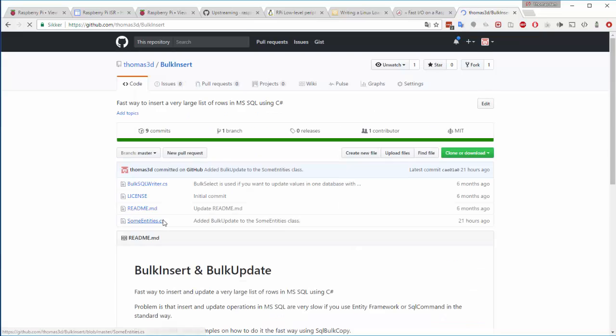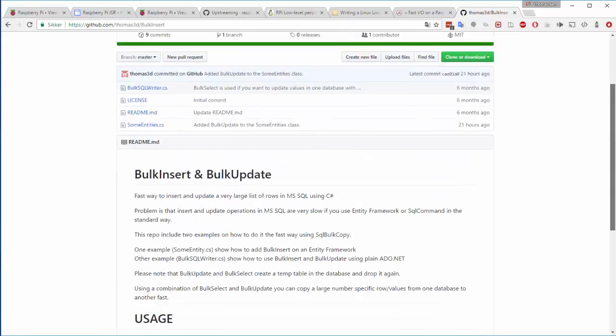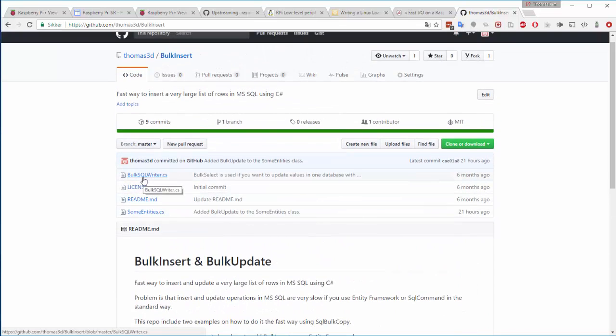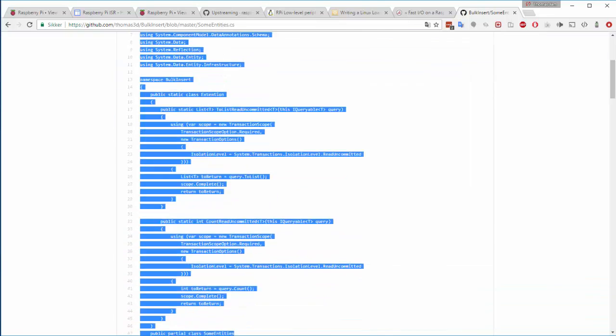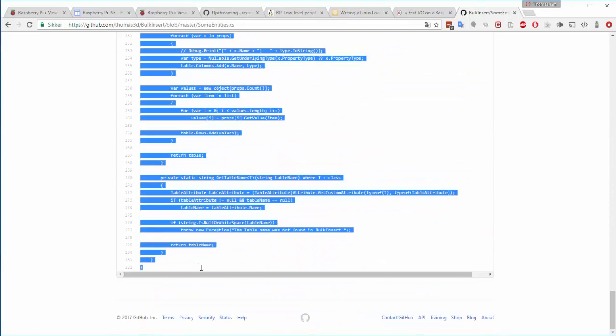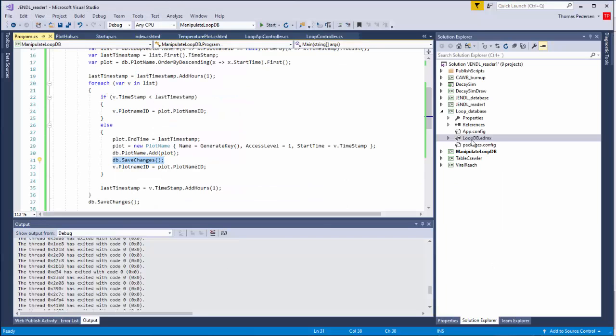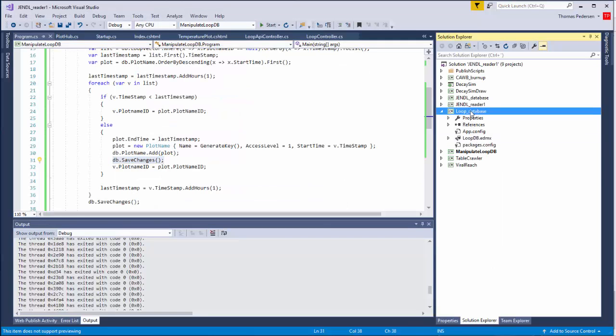But this is the one that we're going to talk about: bulk insert and bulk update. And there's a little bit of an explanation here, and maybe I'll update that. If you want something where you just use bulk insert and bulk update and you do not use Entity Framework, this is the one to use. But this is the one you want to use if you're using Entity Framework, which is the case here. So you just go in here and grab all this code, copy, and then you go to your Entity Framework and you add a file,